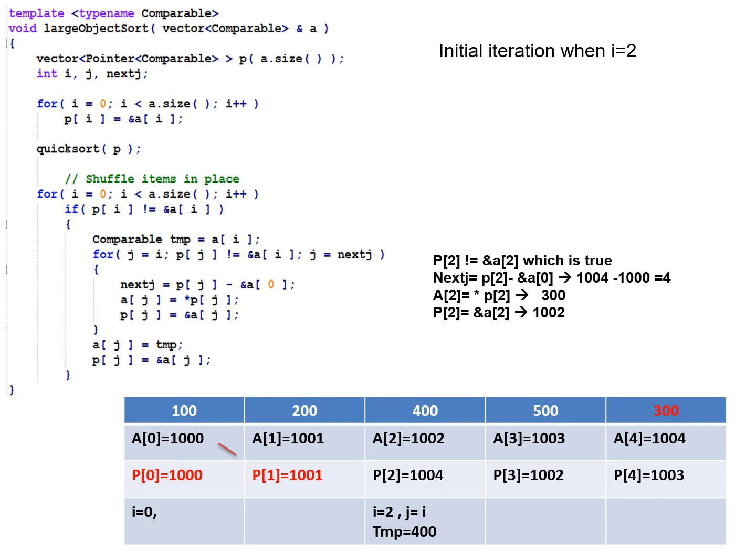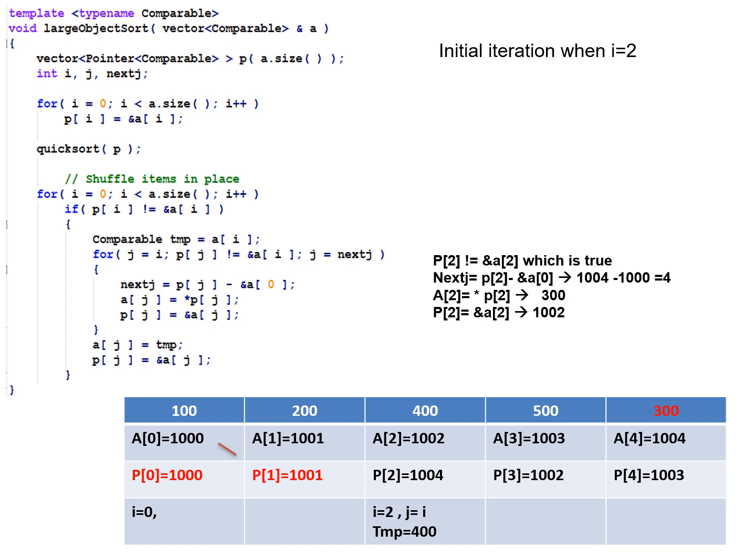So j is equal to 2 to start with, initialize it. Now is p of 2 not equal to address of e of 2? Definitely it is not equal. Come inside the for loop and find the actual position of the element which should reside in E of 2. How do you find it? Next of j is equal to p of j minus base address. What happens here? P of j is 1004, base address 1000. So 1004 minus 1000 gives 4. That means we have got the right information that the element which should reside at E of 2 is residing at E of 4. Correct?